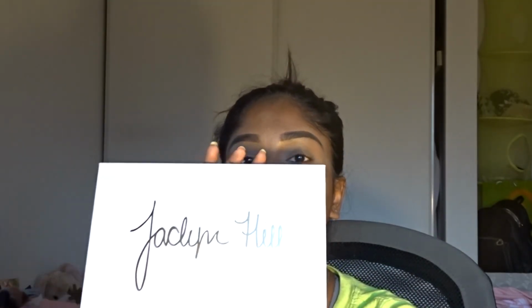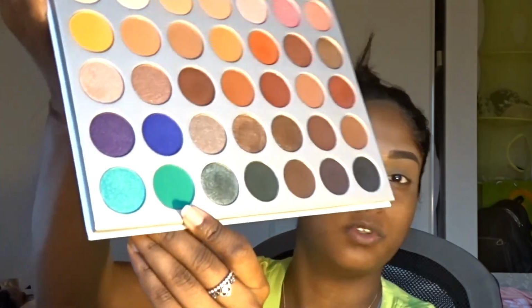So for today's eye look, I want to do a St. Patrick's type eye look. But I'm gonna go with the Jaclyn Hill palette again because I love it so much. I'm going to do a gold eye at the top with some wing liner, and on my bottom lash line I'm going to take this beautiful,